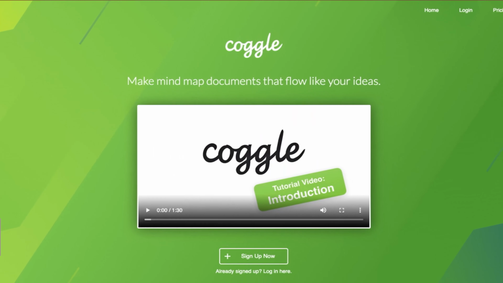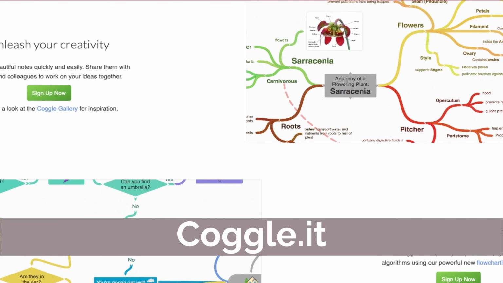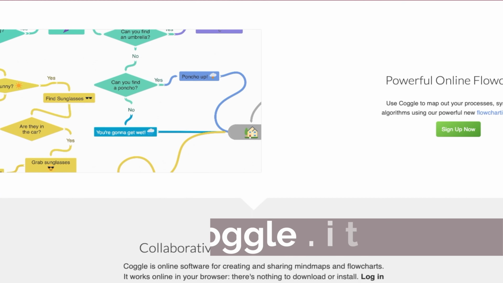The software that I use is called Coggle.it, and I've been using this for a long time. A lot of you, if you've seen my training on how to write a webinar in 20 minutes, I've done a lot of different trainings. I use it for my courses, but I also use it to mind map out the topics that I want to do. In fact, today I'm recording about 10 videos, and each of those videos I created from a mind